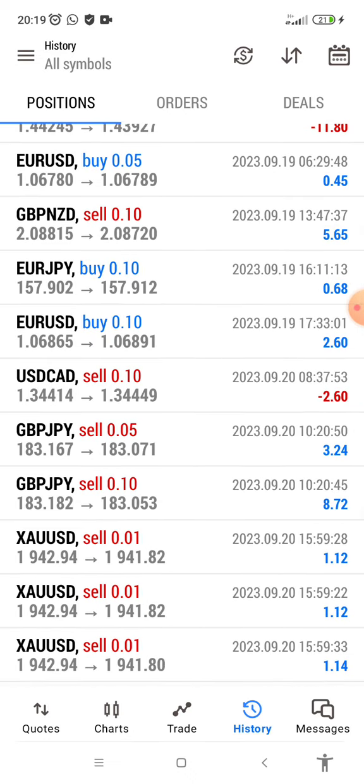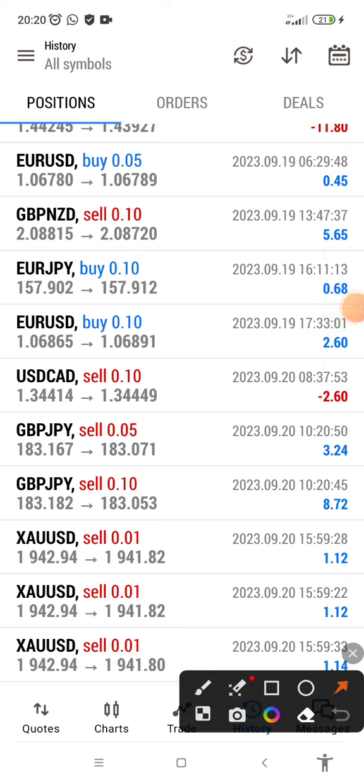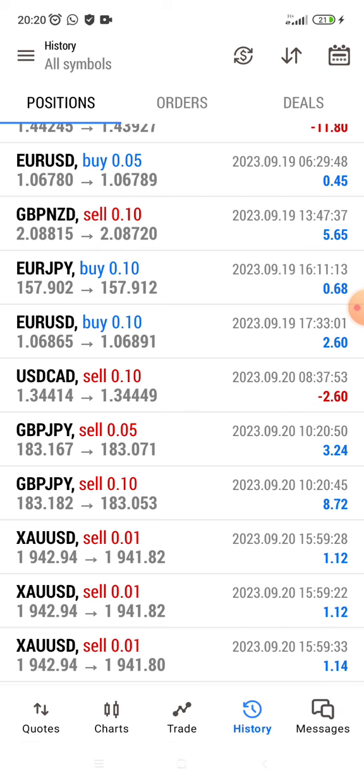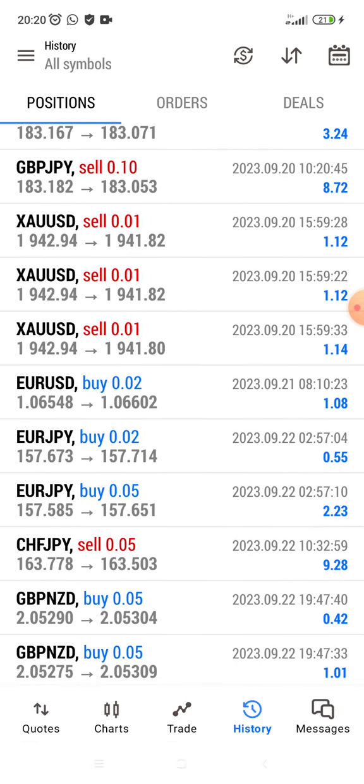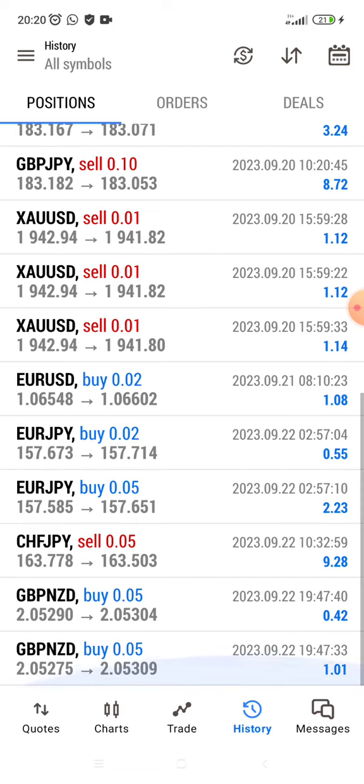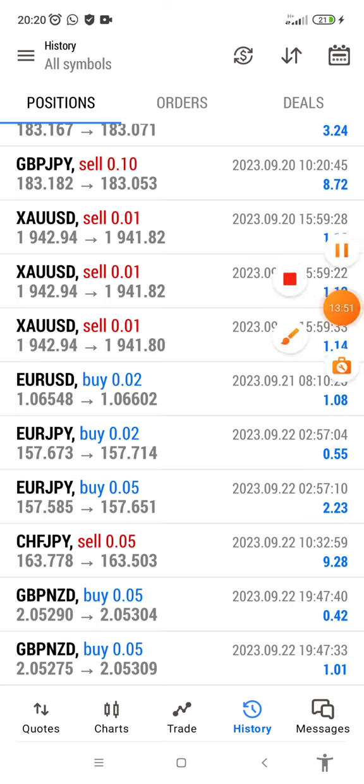There were also some trades here. If you look at this one, there was this trade here, USD card. I made a $2 loss, or 2.60 loss on it. And then GBP JPY sell gave us this, and then another sell gave us this. And then gold, I took some trades on gold, and then I got this also on gold, and got this one also on gold. So on gold we had a lot of trades, if you look. Yes, so after the gold trades, we went for Euro USD, Euro JPY,